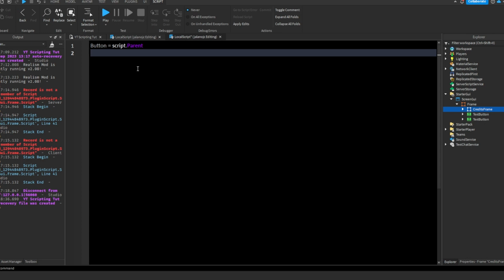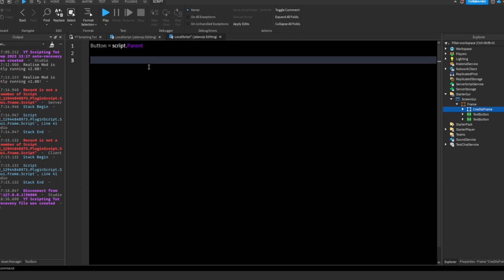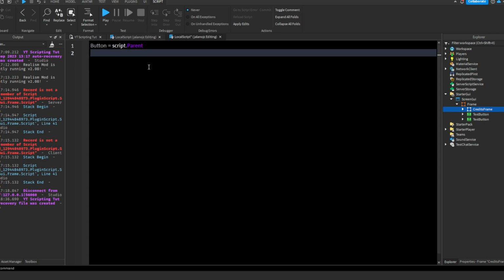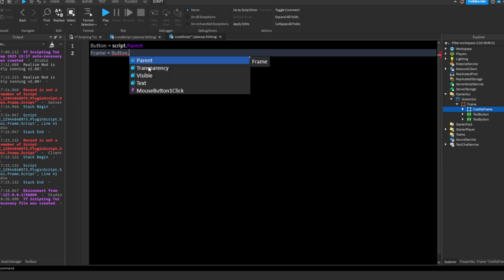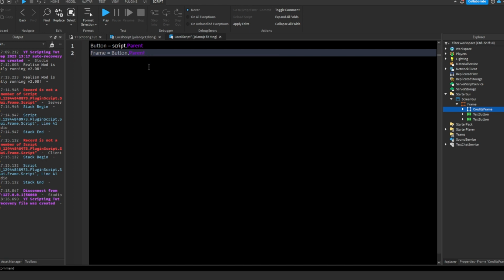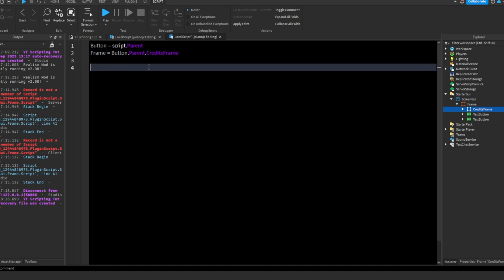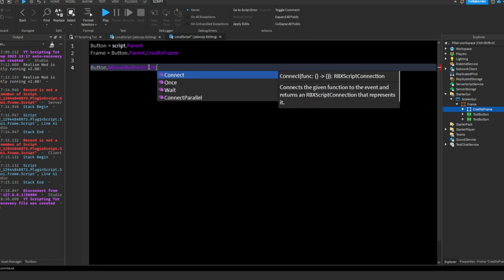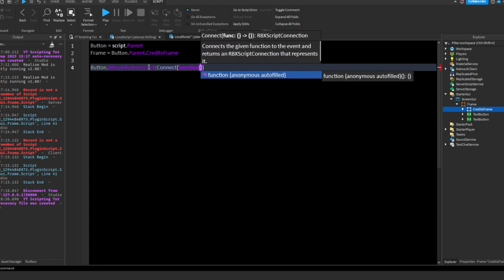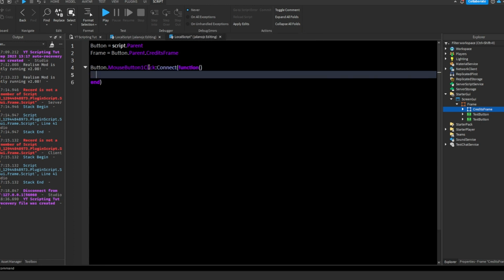Now let's go back to our script, and now let's get our variable for our frame here. So we're gonna say frame equals button dot parent, and then dot credits frame. So now that we have our frame here for our credits frame, let's say button dot mouse button one click colon connect function. So we're making a function for when you press the button,